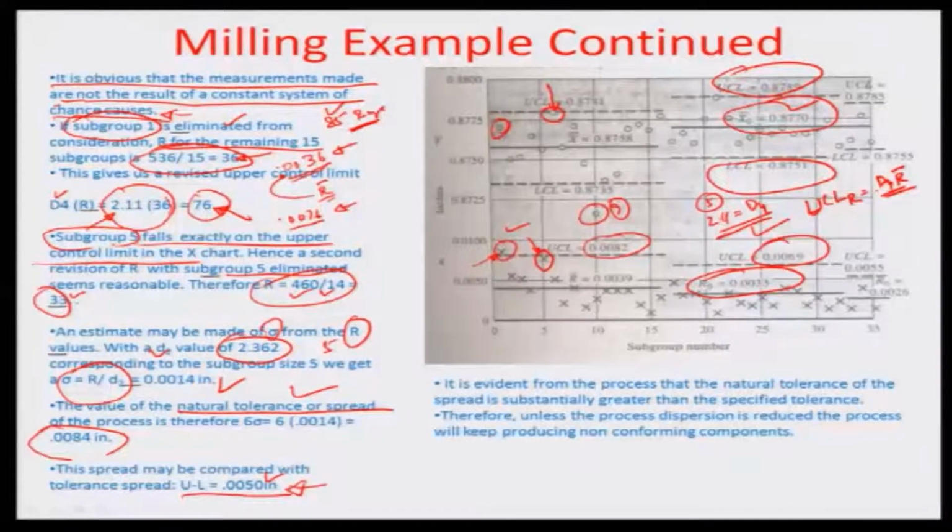So that is how Shewhart has postulated the plotting of the limits. So here this is the new range value, and then obviously if you wanted to again neglect the point which is the 9th subgroup, again the new range comes out to be 0.0026 and the upper control limit comes out to be 0.0055, and similarly in this particular case you can see that the new UCL and LCL have changed quite a bit from 0.8755 and 0.8785. So that is about close to about 0.0030 inches spread in the upper and lower control limit